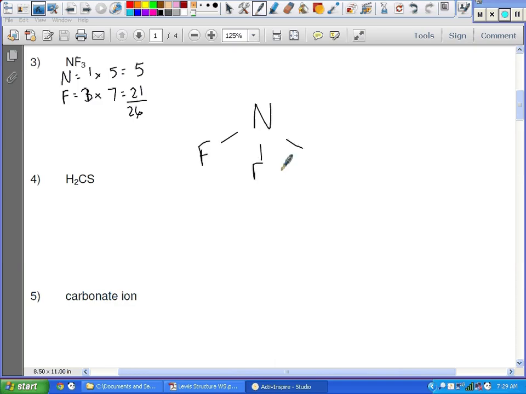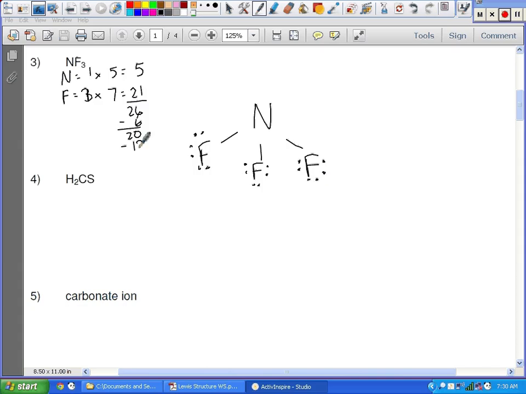All right, so let me go ahead and count my bond lines. 2, 4, 6. So 26 minus 6 gives me 20. Now I'm going to fill up my outer valence. 2, 4, 6, 8, 10, 12, 14, 16, 18. And now hopefully you can kind of see why I left that top open. I have 2